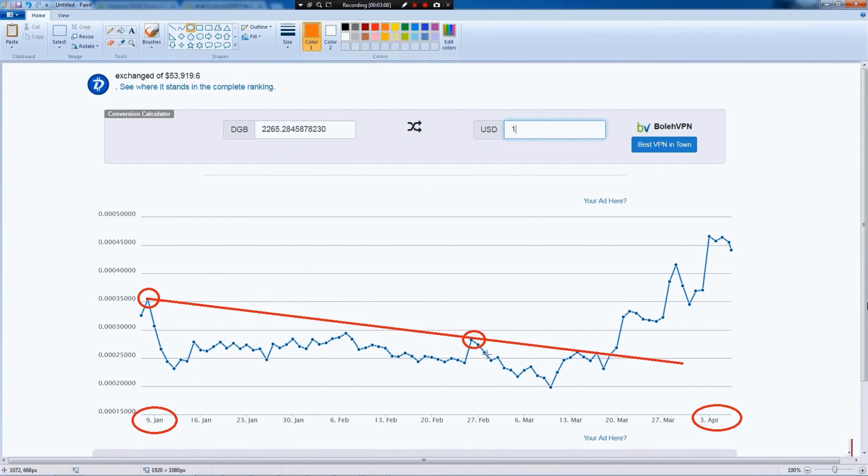Let's use orange. Now, this right here, let's make that a line. This right here is the left leg of a W. This is the middle of the W. This is the right leg of the W down,